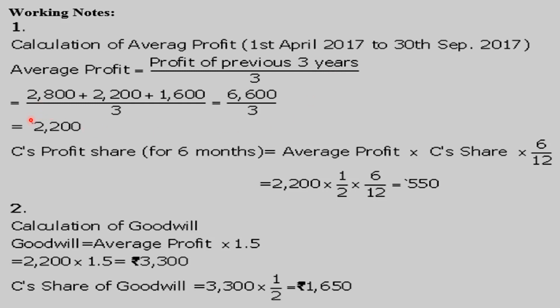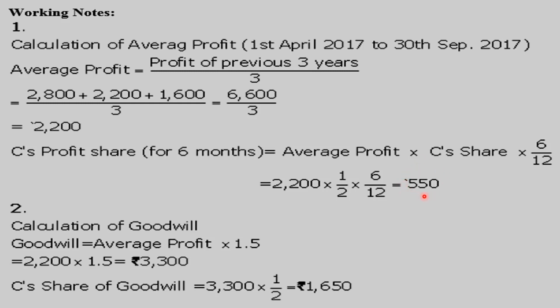So this is actually the average profit of a completed year, so from there we have to calculate the 6-month profit. Therefore, the share of profit for 6 months: average profit 2200, into 6 by 12, that is the 6-month profit, and the share here, as equal partners, is half, that is 1 by 2, 1:1 ratio. So average profit into share into time, 6 by 12, 6-month profit from April to September. So therefore the share of profit here